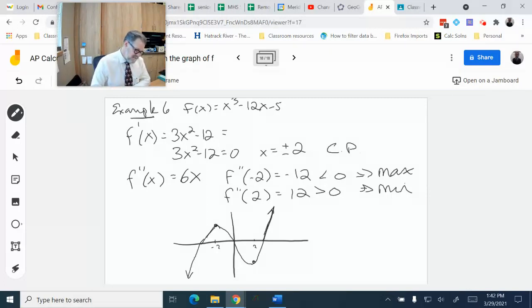I could go back and calculate these points, and I know that this is at negative 5 because that's the y-intercept just by inspection of the equation. But at least I've got the basic shape, and I could find more